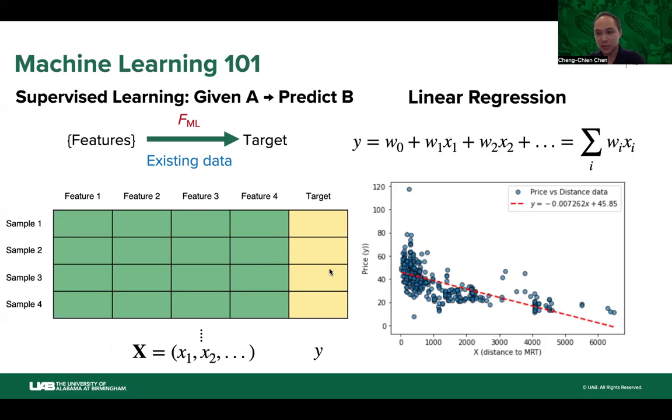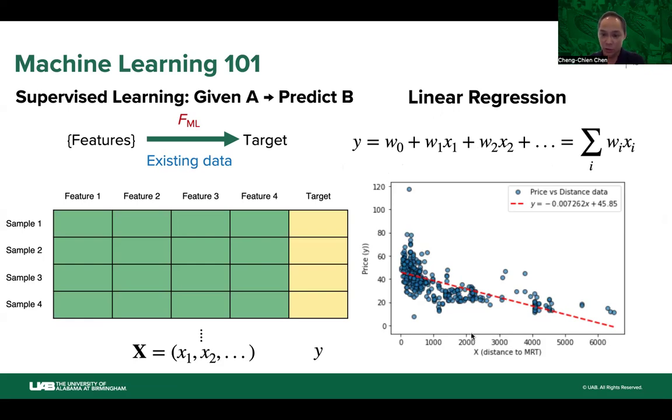Once you have this, you can pick your favorite machine learning model to train the model and eventually make predictions. One of the simplest models is called linear regression. This is simple. The target property is simply a linear superposition of the input features with different weights, W0, W1, W2, etc. The machine learning task will learn these weights based on our existing samples, and once the weights are learned, we are able to make a prediction with this model.